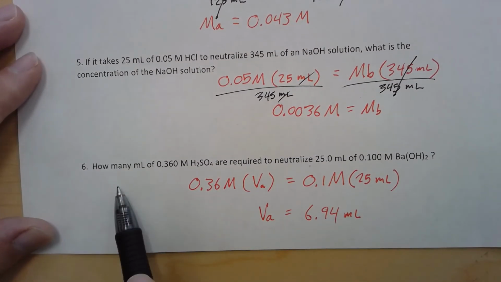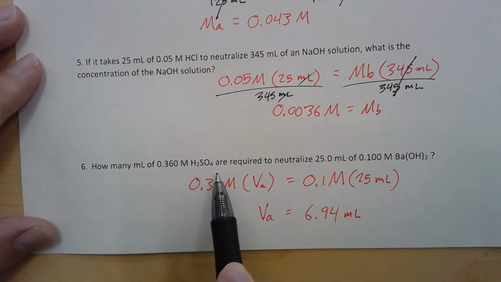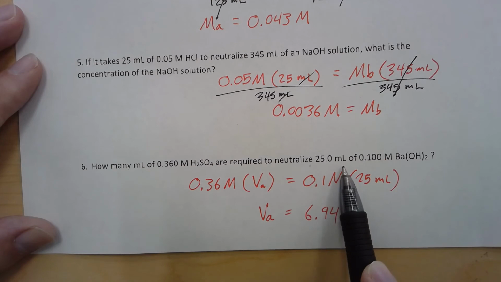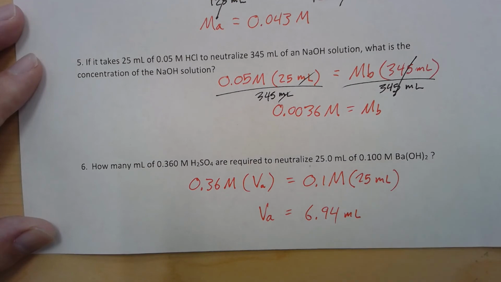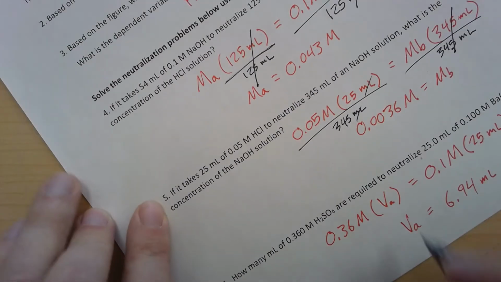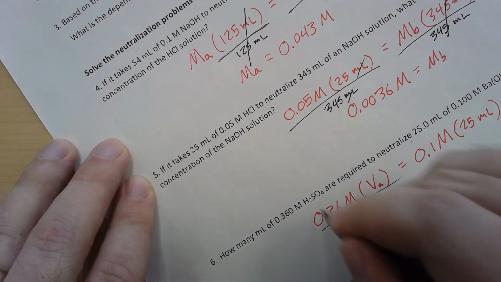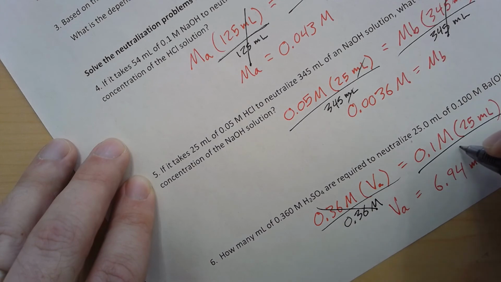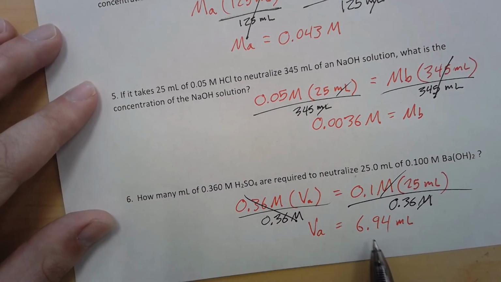And lastly, we have how many milliliters of 0.36 molar H2SO4 are required to neutralize 25 milliliters of 0.1 molar Ba(OH)2, barium hydroxide. What we have is MAVA equals MBVB. To solve for VA, you just do the same thing: divide by 0.36 molar. Those units cancel, and you're left with milliliters, which is VA. It's 6.94